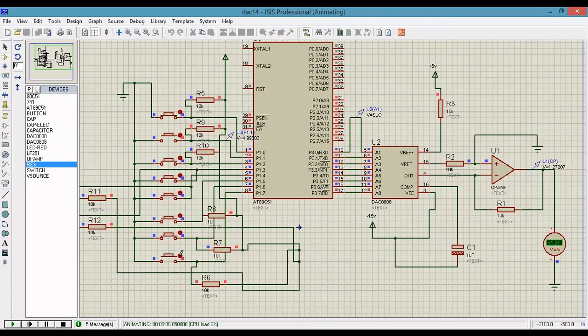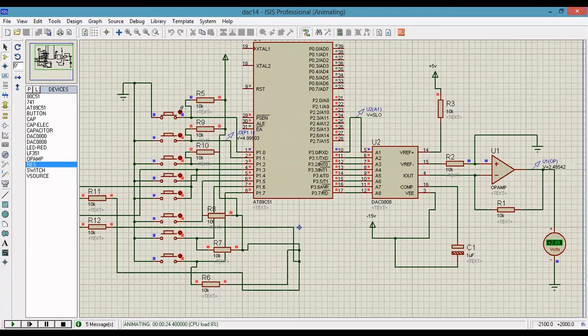See here, I am going to open all the switches. Okay. So here, if you see, there is one red light. Red light means here I am getting the value 1.